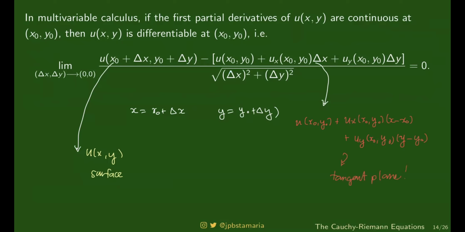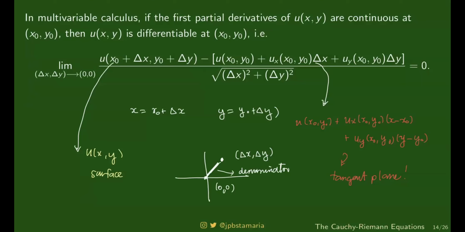So basically, yung numerator, we are subtracting them. Ibig sabihin, we are measuring how far is the surface from the tangent plane. So the numerator is the error in the approximation. How about the denominator? The denominator is the magnitude of the error. Kasi yung delta x tsaka delta y, kumbaga, ito yung origin, ito yung 0, 0. Kung ito yung delta x, delta y, yung denominator, siya yung distance na to. How far is delta x, delta y from the origin?